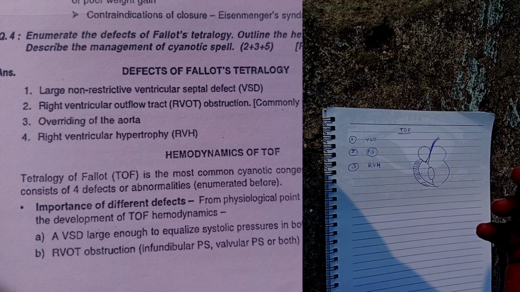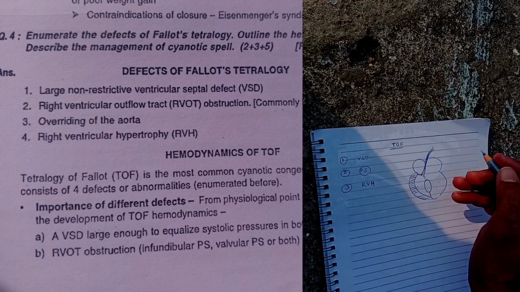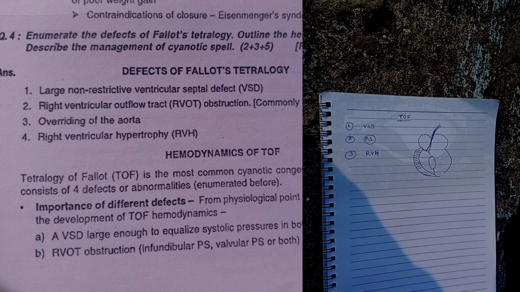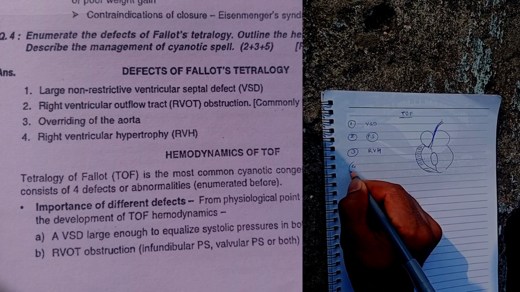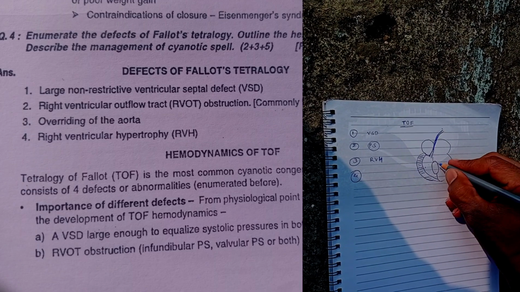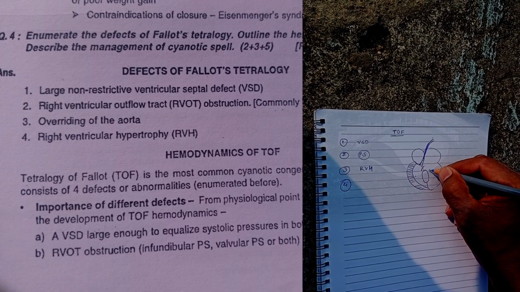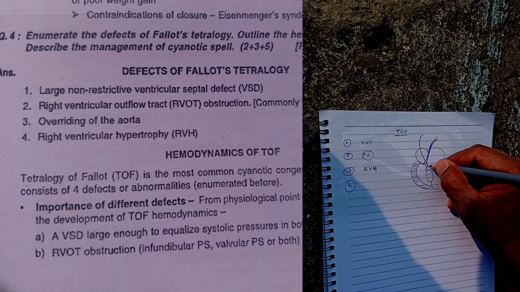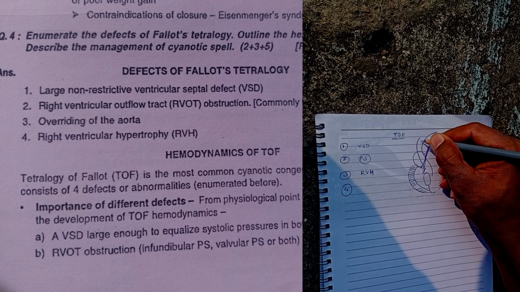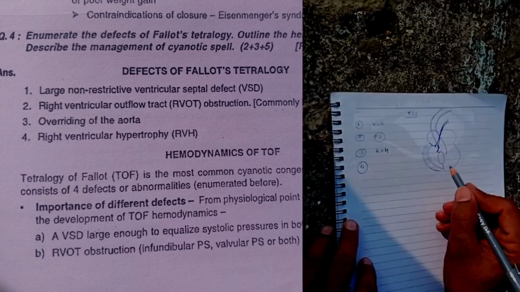It leads to two things. Number one, very little blood is going for oxygenation in the lung. Second, it is increasing the pressure of the right ventricle chamber, leading the blood to transfer back into the left ventricle, which is the right to left shunt. So now as the deoxygenated blood is transferred to the body, the tissue will not get enough oxygen, and thus the baby will have shortness of breath or breathlessness, which decreases partial pressure of oxygen, increases partial pressure of carbon